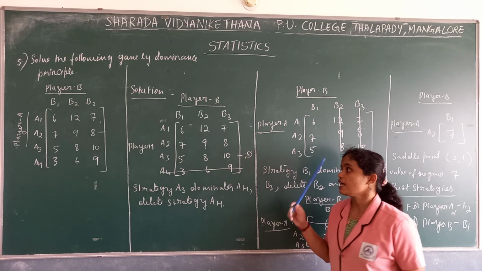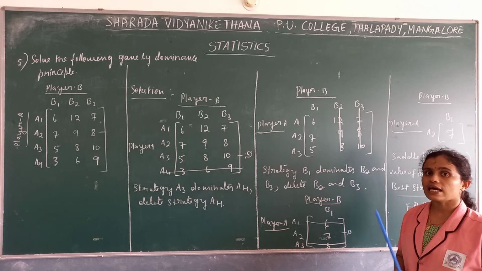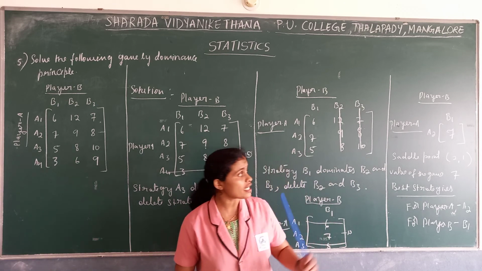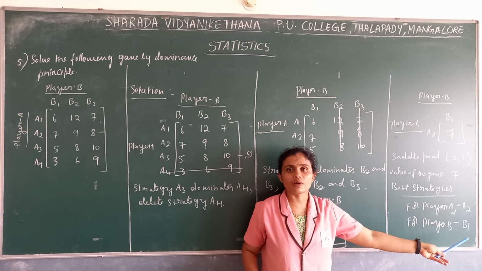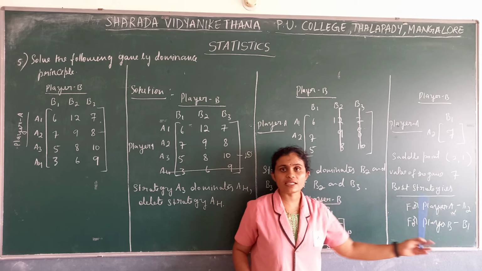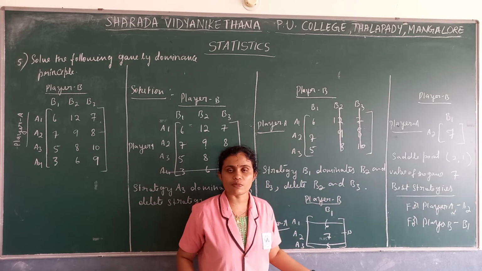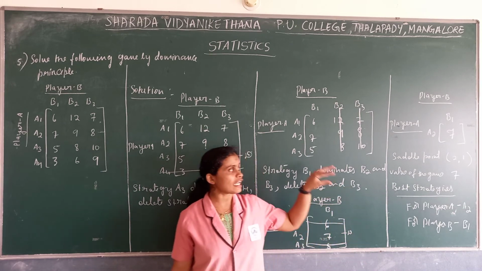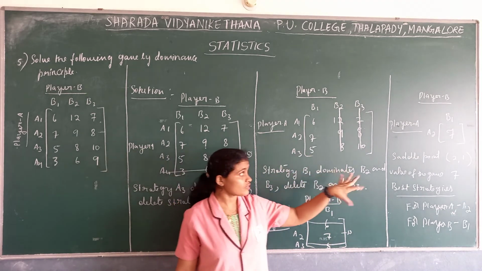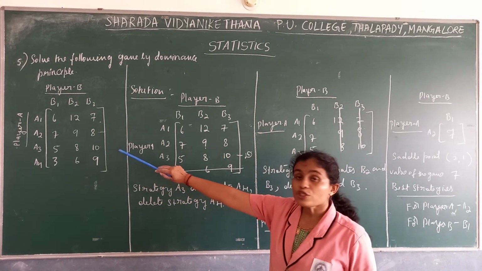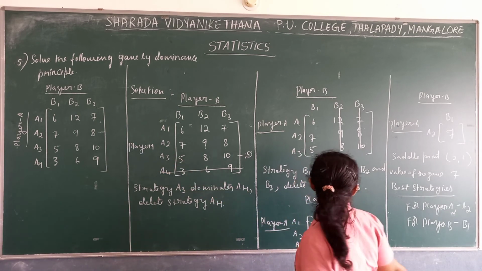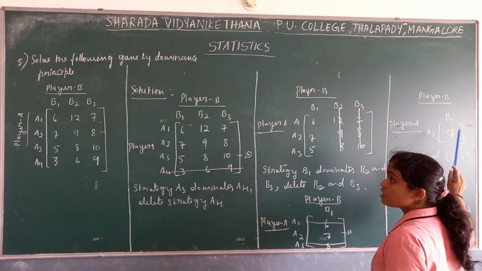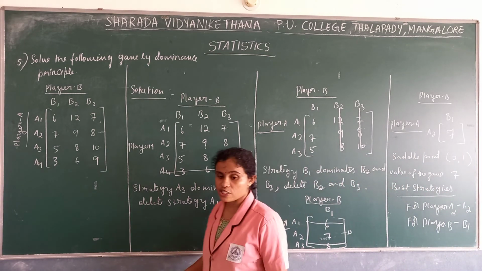This is very easy. In case of game theory, as I said, there are two methods, maxi min and minimax principle. That is very easy. You have to find the row minimum, which we call maxi min, and the column maximum, which we call minimax. We have to see whether there is one equal number. See, the same problem, if you use maxi min and minimax principle, you will get the same answer.